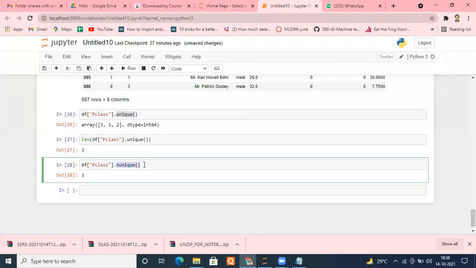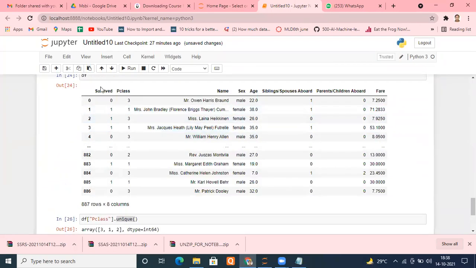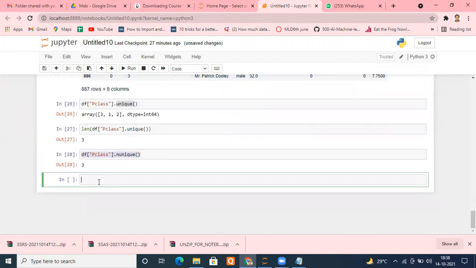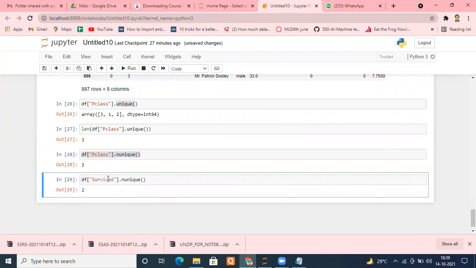For example, there is a machine learning task where a target column is given to you, and somebody may ask you, tell me how many classes there are in your target variable. I will use the same thing and just change my column name. It should be 2 only, right? I'm typing survived, and it is giving me 2. I just have 2 unique values there. If we want to see them, I just remove this and I get the values: 0 and 1. If I want their number, I just use nunique.